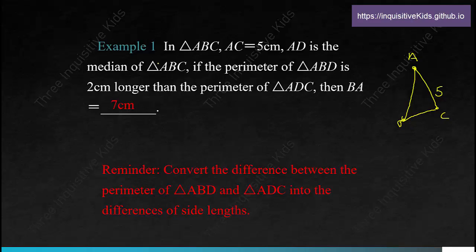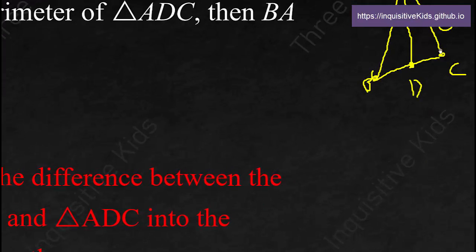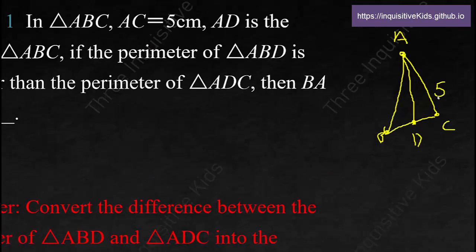AD is the median of triangle ABC. So AD. If the perimeter of triangle ABD is 2 centimeters longer than the perimeter of ADC, then BA is equal to blank. Well, how we got this answer, 7 centimeters, is we know over here that